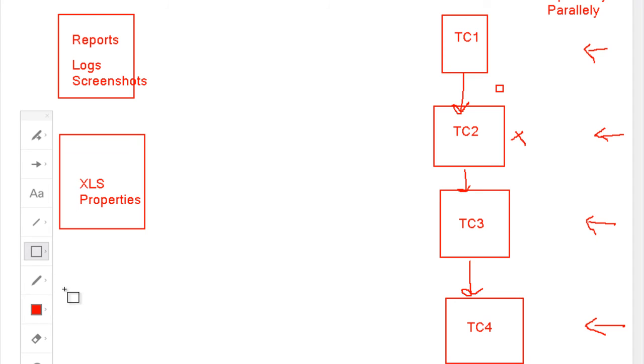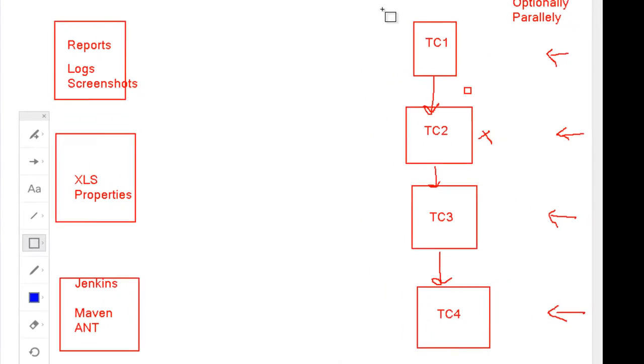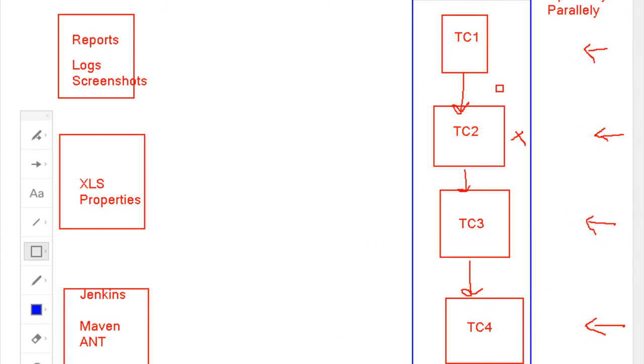Then you would want to integrate the project with Jenkins. You would want to use Maven in the project, you would want to use Ant. This is a little gray area for most people, so just ignore that right now. I'll cover that. Now, Selenium as a tool is only over here in the blue box. Selenium will only interact with the browser. It will never generate reports, it will never read data. There is nothing in Selenium which will help you do that or coordinate to do that.